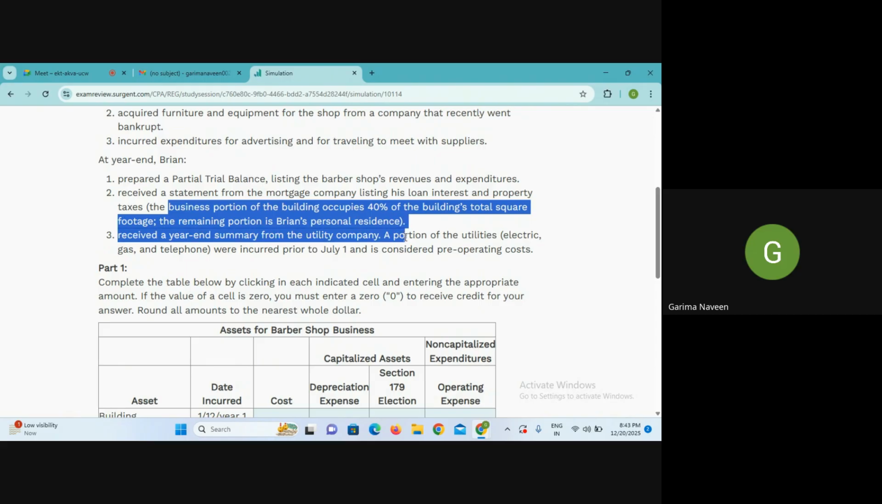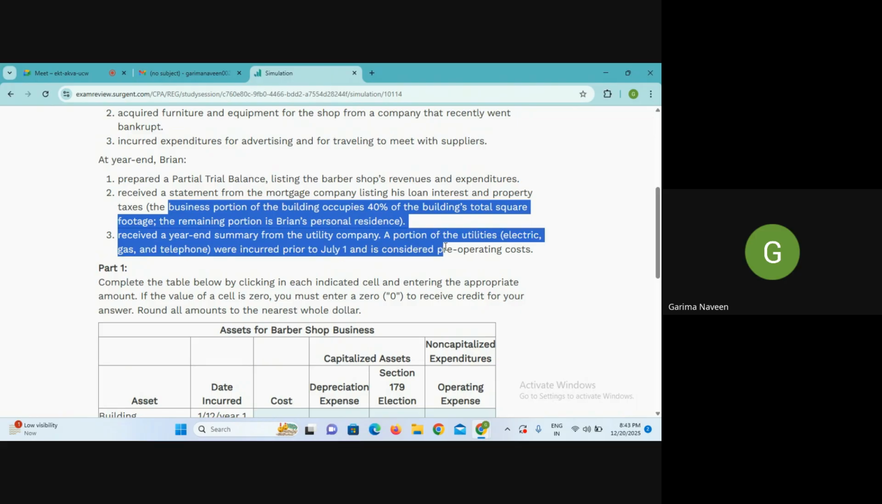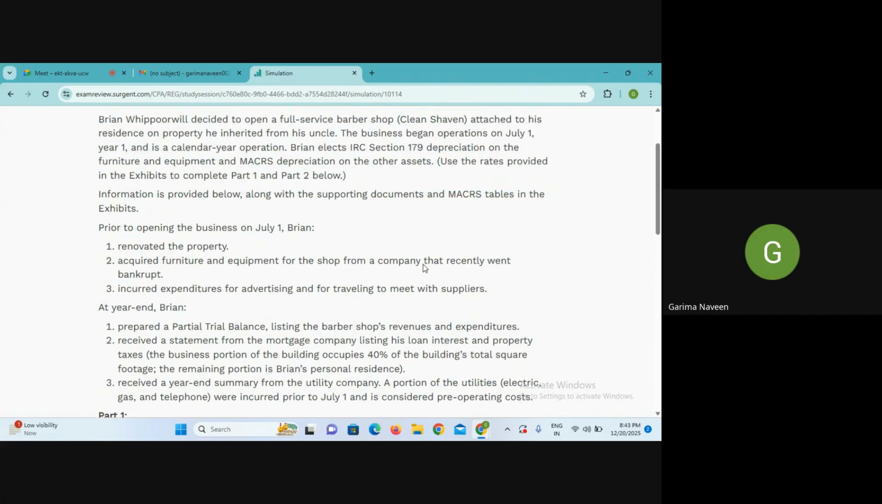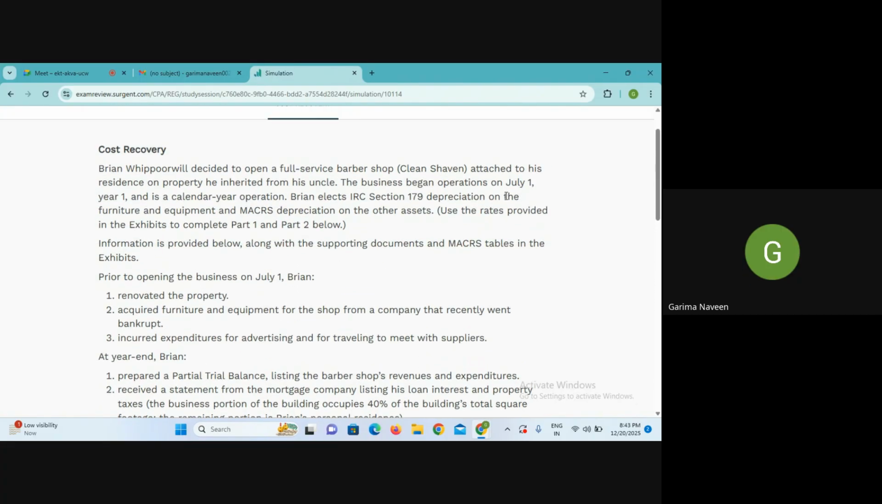Received a year-end summary from the utility company. A portion of utilities were incurred prior to July 1st and is considered a pre-operating cost. So basically, you have been given that